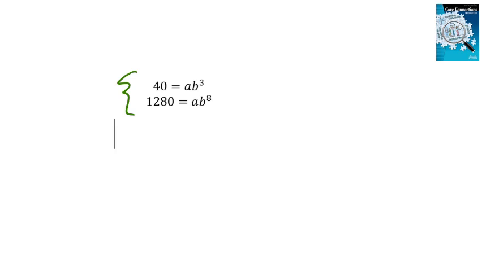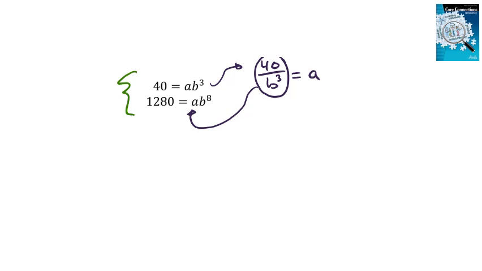Well, I begin by noticing in the first equation, it's pretty simple to get a alone by dividing both sides of that by b cubed. 40 divided by b cubed is exactly that, 40 divided by b cubed. And if I have b cubed divided by b cubed, it's just simply a, which is beautiful, because this turns out to be a perfect substitution for a into the second equation. So in that second equation, I can go ahead and replace the a and get